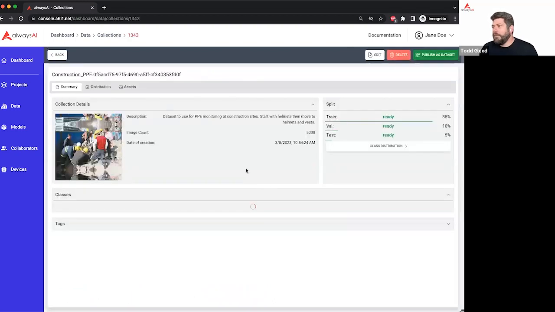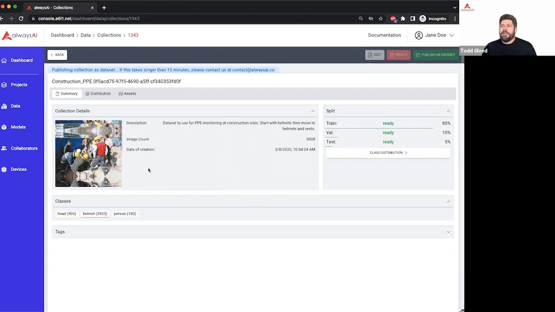So now I'm ready. I've got my train val test going. My class distribution, while not optimal, I'm okay with at this point. And so I'm going to publish it as a data set. This takes the data and loads it to your data set list. And once it's in your data set list, it's ready for training as a model. There's no need for data loaders to worry about the format of the annotation. As Steve said, there's no need to bring it down and upload it back up. Once it's in your data set list, it's ready to go